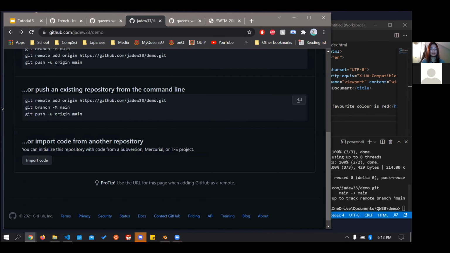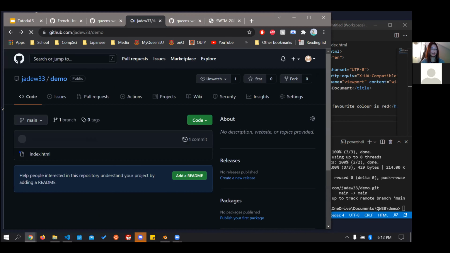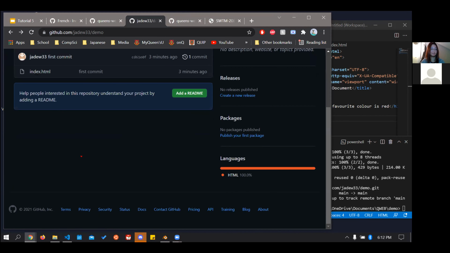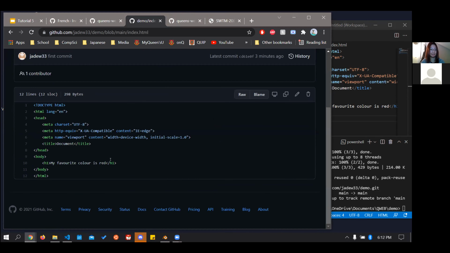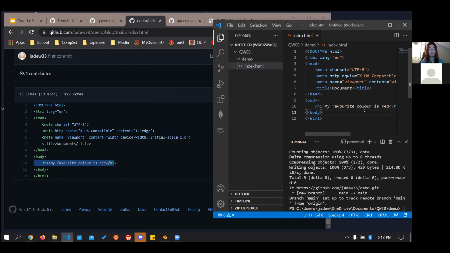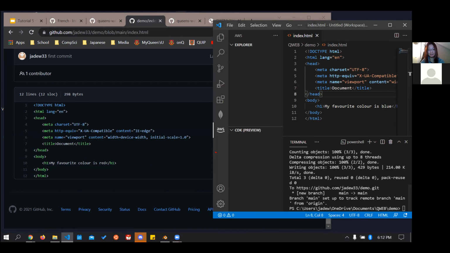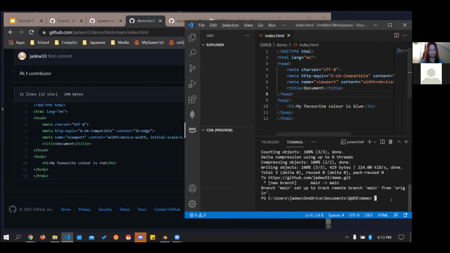Okay. So now if I refresh, I should see what I've committed here. And if I go into this file, we can see that it's the same as what I have on my computer. And if I wanted to make a quick update to the file, for example, like I changed my favorite color to blue, so I can save,